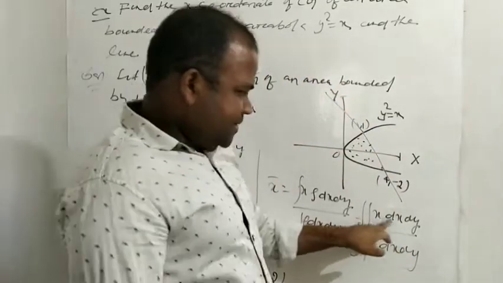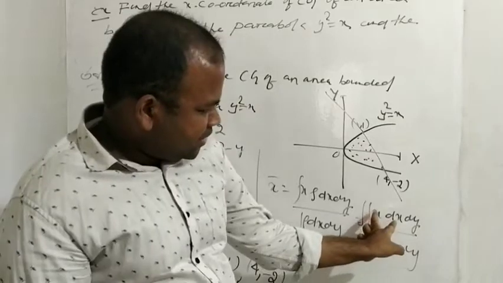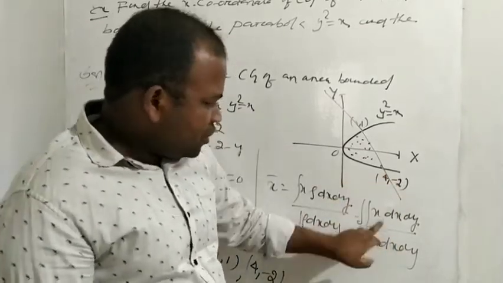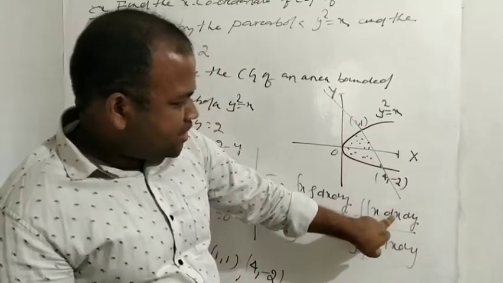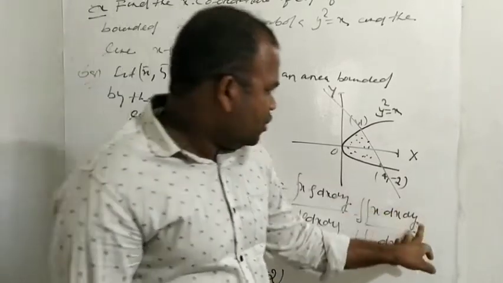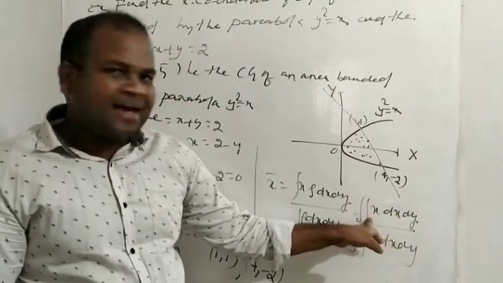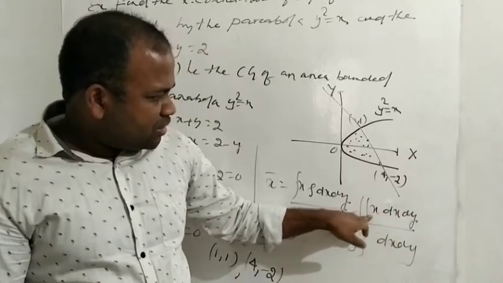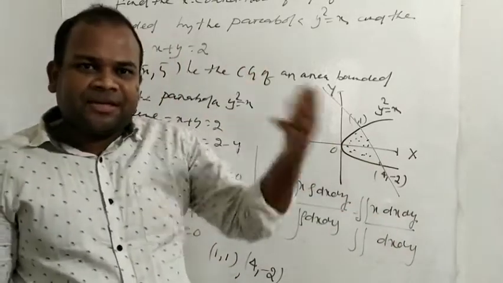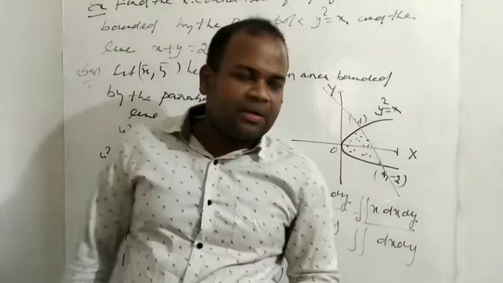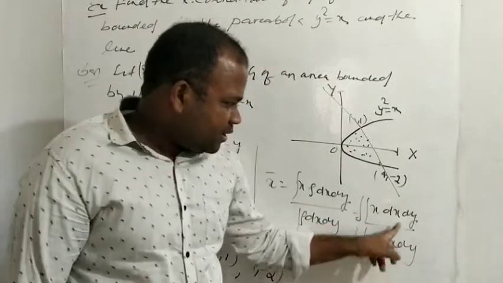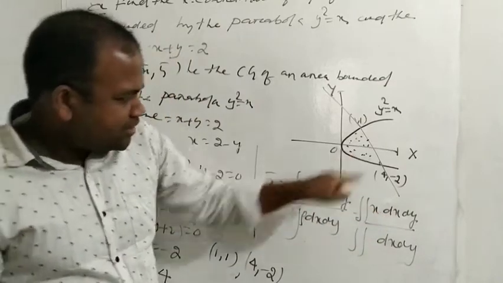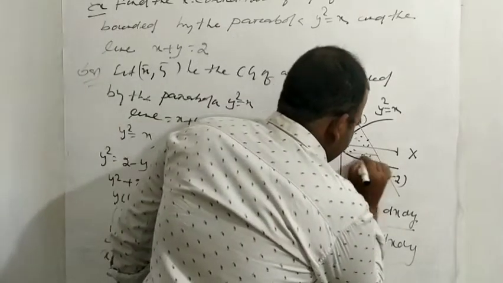Okay, so here x dx dy, we will first find this value, thereafter we will find this value. So x dx dy, you will integrate with respect to x and with respect to y. So here you will find the limit of x and the limit of y. So how to find the limit of x? According to horizontal strips and vertical strips in double integration, that you know very well, how to find the limit of the particular integration. So to find the limit of x, you will draw the horizontal strips.